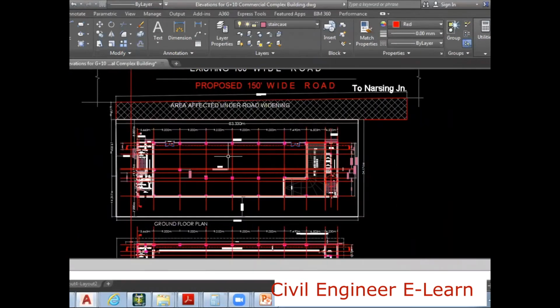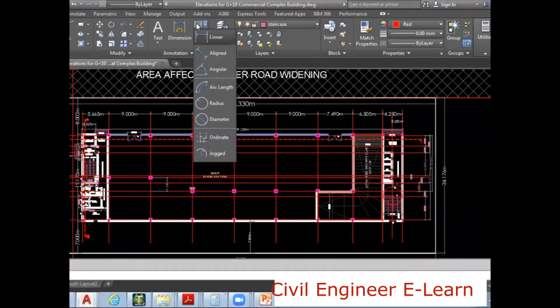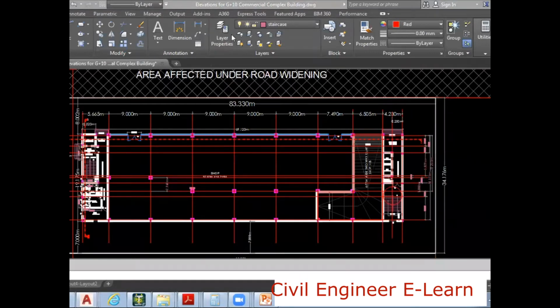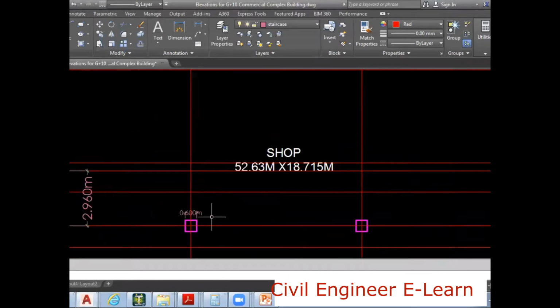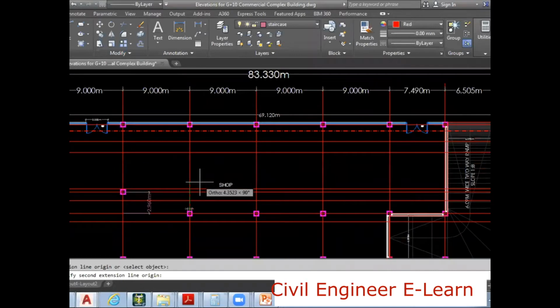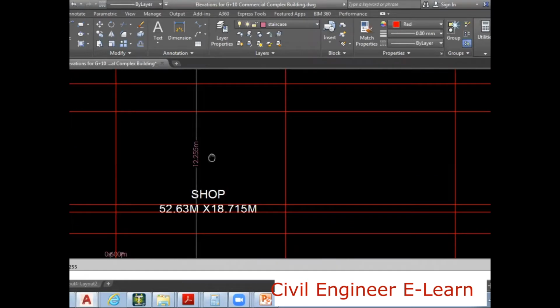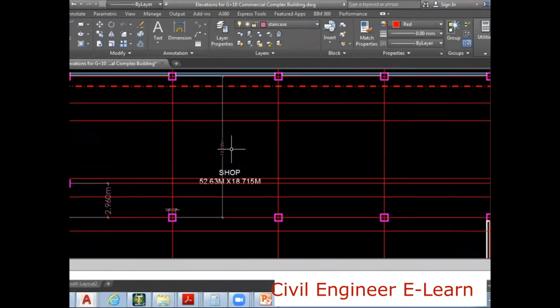the floor levels. So what would be the center to center column distance? This is the center to center column distance. I can just show you here. See, from here to here, what is the dimension? From here to here is the dimension between the columns. So almost 12 meters we have. 12 meters, right?